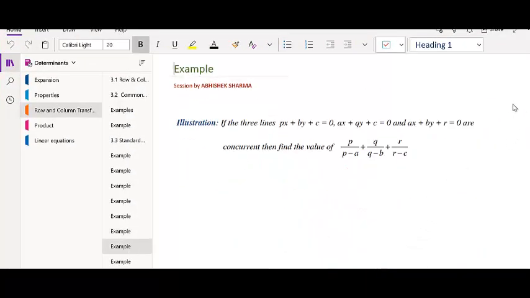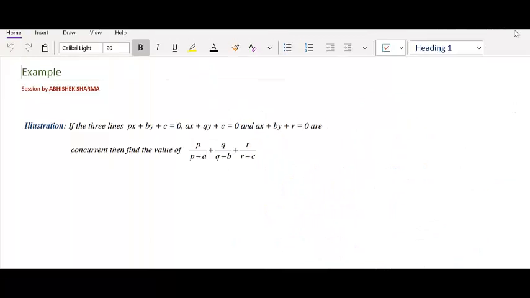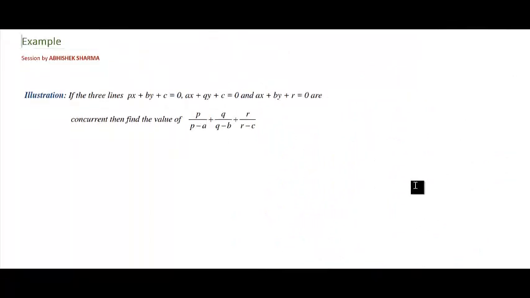So this is the question. This is again an IIT JEE problem. And what was special about this question? You have to remember the basic thumb rule that it is desirable to have two zeros in a row or column. Desirable to have two zeros in some row or column, but it is not necessary.